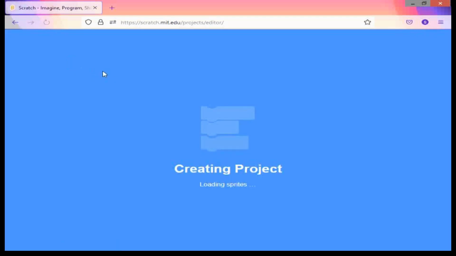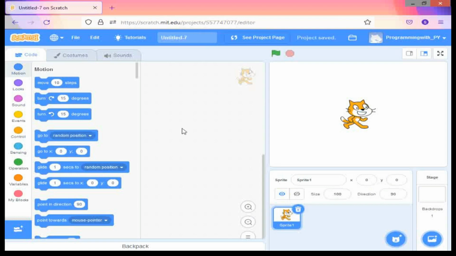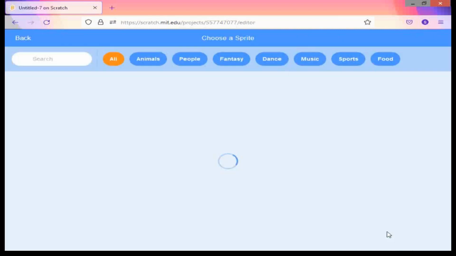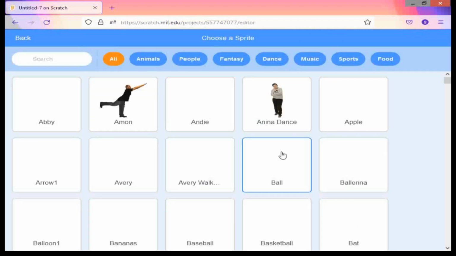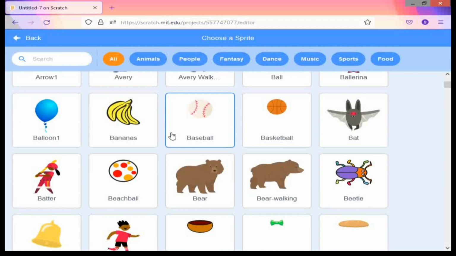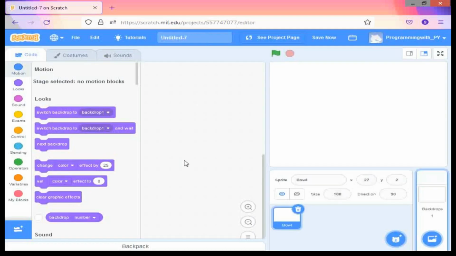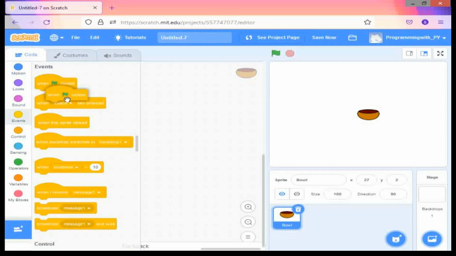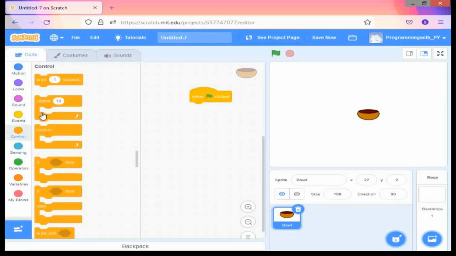After clicking on create, by default you will get a sprite opened. So delete it, then choose a sprite and look for bowl. Scroll down, you will find bowl. Click on the bowl and go to events and take this when click, then go to control, take this forever